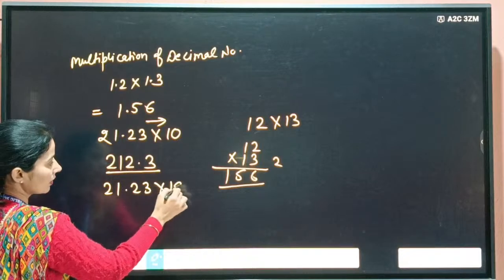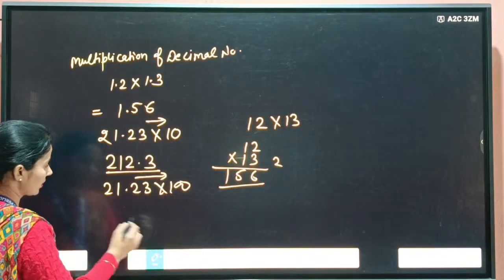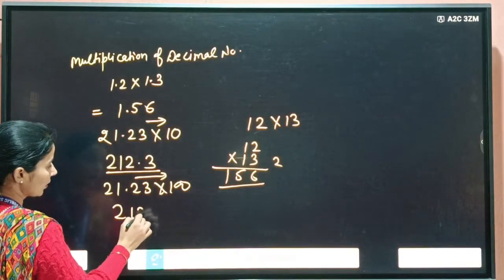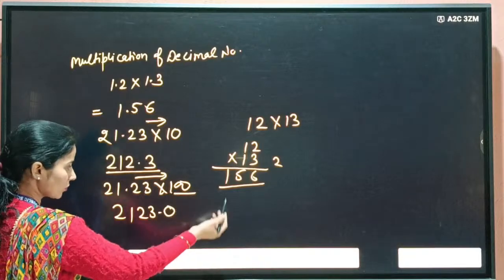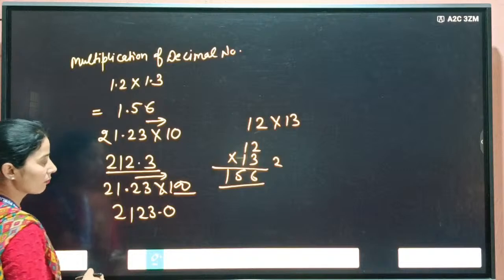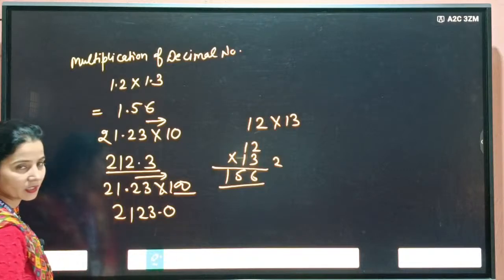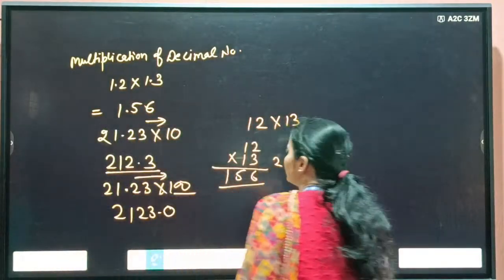And if 21.23 is multiplied by 100, then this decimal will shift two digits towards the right, and it will be 2123.0. So with however many zeros you are multiplying, the decimal shifts by the same number of places towards the right. If we check division, then